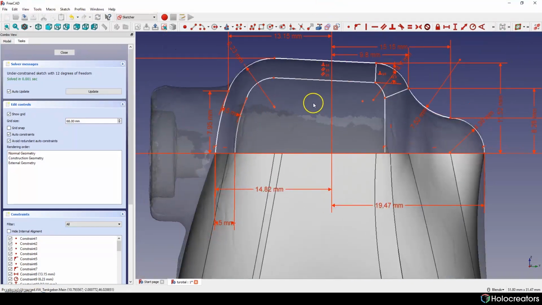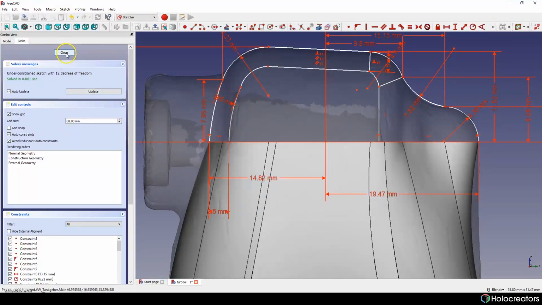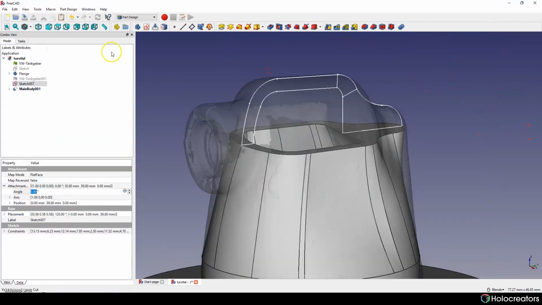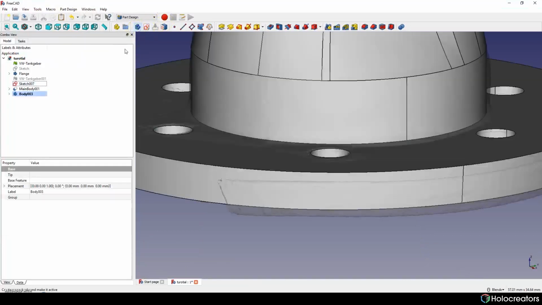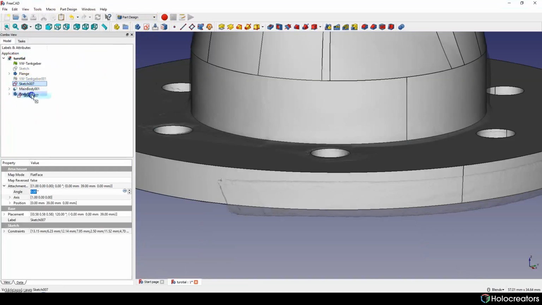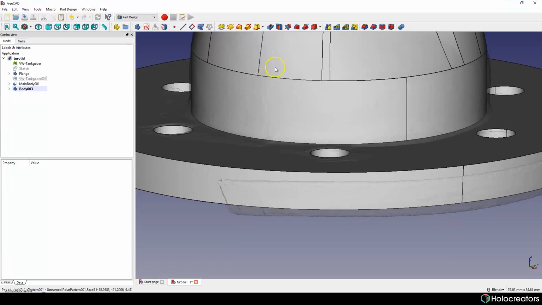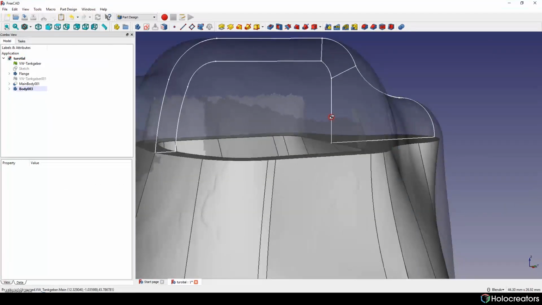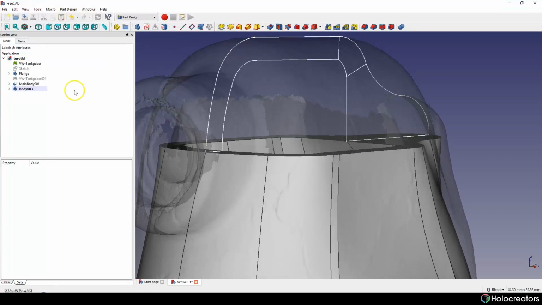And it looks fine. Next thing, we're gonna create a new body and we'll put this sketch to this body. So, and we will do rotation for the sketch.